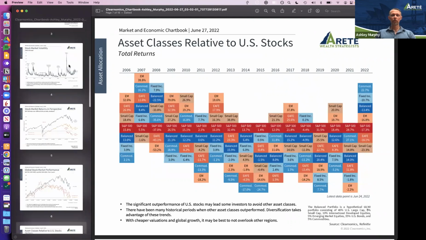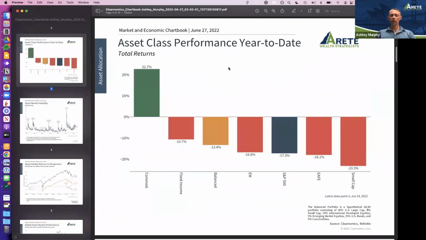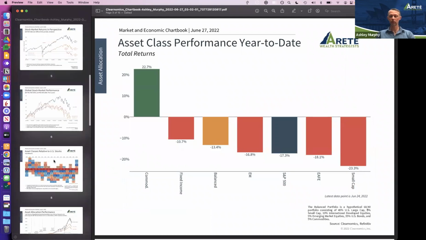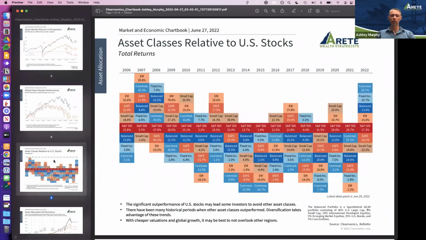Now, I was saying a moment ago, when we're looking at year-to-date asset class performance, the only major asset class that's up is commodities. So what's in commodities? This is where you'll find your energy, your precious metals, your coffee, your wool, those sorts of things. Those are collectively referred to as commodities. Now, the reason I am not fond of those in a portfolio is they are volatile. From one year to the next, it bounces around like a ping pong ball.